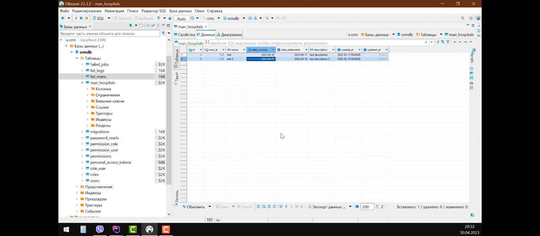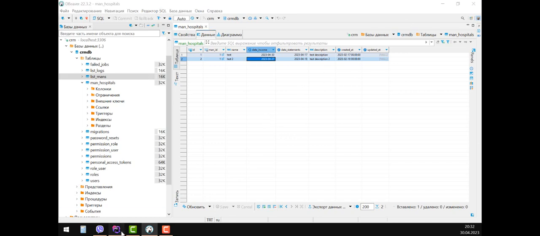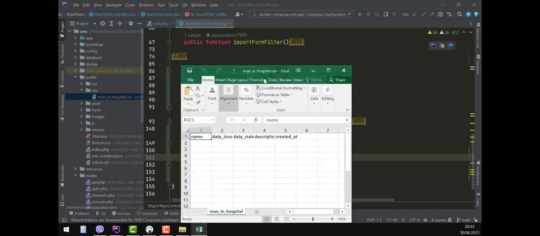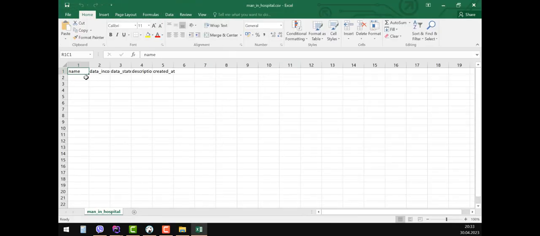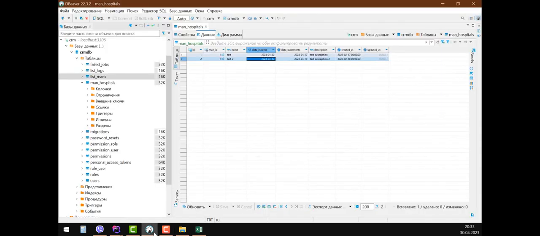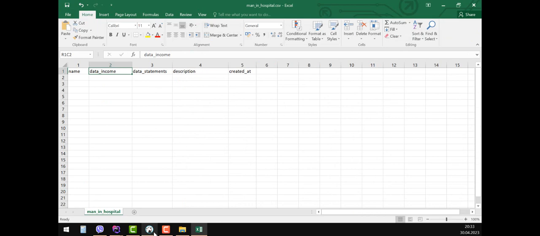Okay, save. Okay, we add 2 records. Open our file CSV and we have an empty column. It's okay. Okay, go to our methods